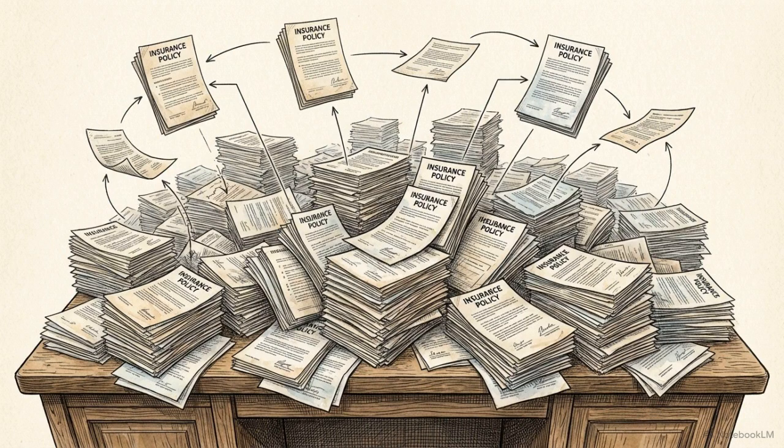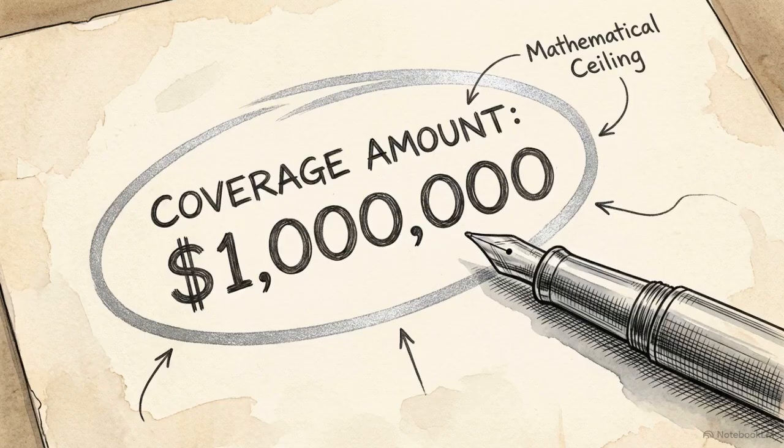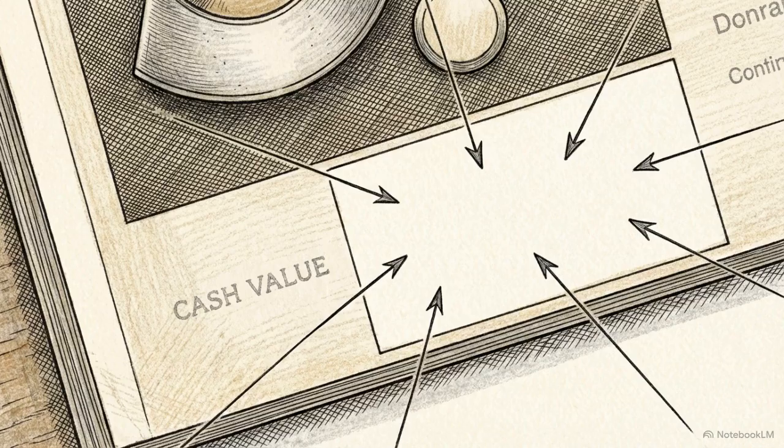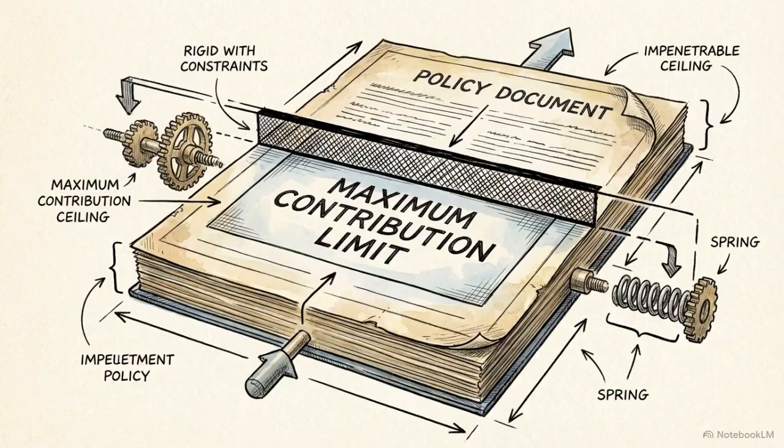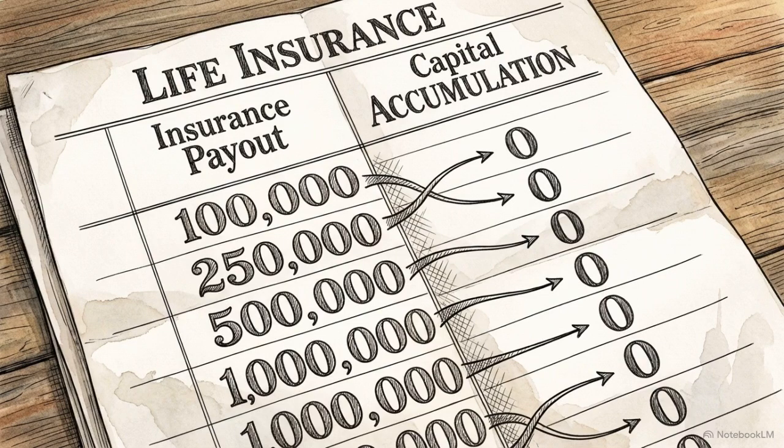Roughly 90% of policies written today are constructed this way. Agents solve for the face value of the insurance rather than the cash accumulation needs of the client. A rigid Option A contract strictly limits how much capital you can inject. It functions fine for basic life insurance, but it is mathematically useless for capital accumulation.